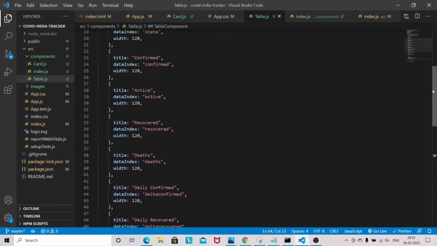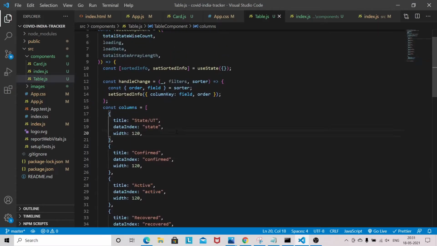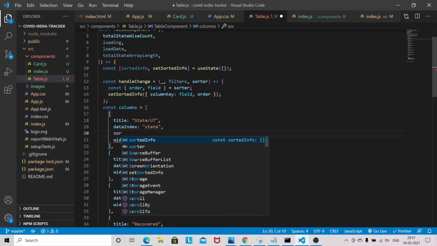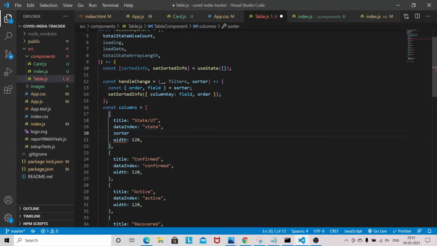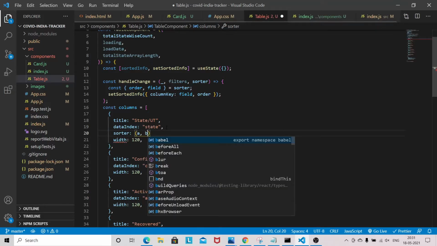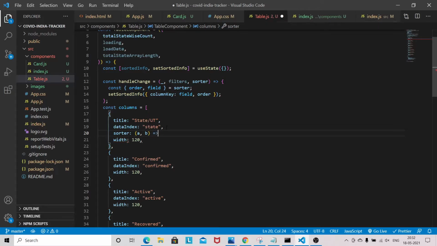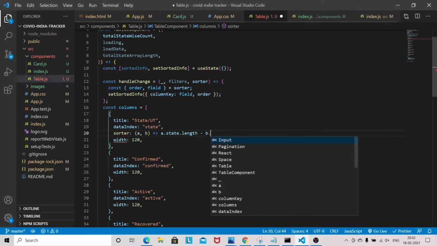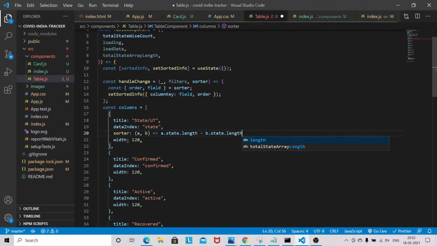Now we need to configure the column here. So sorter. This is a very basic sorting: a.state.length minus b.state.length.